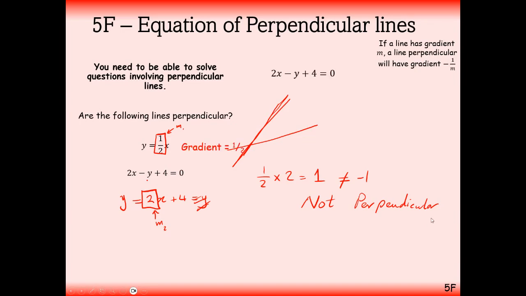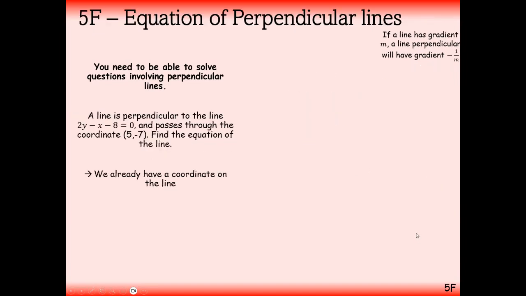Alright, so let's look at the next example. In this question, we've been told a line is perpendicular to another line with this equation, and it passes through this coordinate. We've been asked to figure out the equation of the new line going through this coordinate. So first, rearrange this equation and figure out what the gradient is. Let's say 2y equals x plus 8, adding x and 8 to both sides,